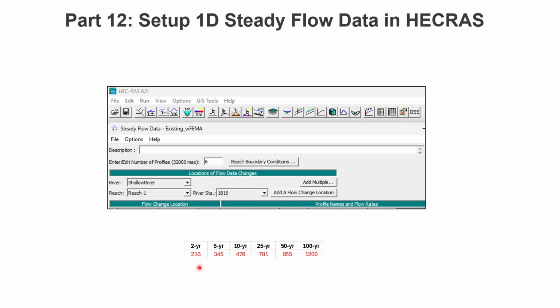For this video, I have determined the peak flow for my crossing, and I'm going to use this peak flow for the different profiles. This is in cubic feet per second, and this is the peak flow for the 2 years, 5 years, 10 years, 25 years, 50 and 100-year return period. And to be able to build it, I need to go back to my HEC-RAS,